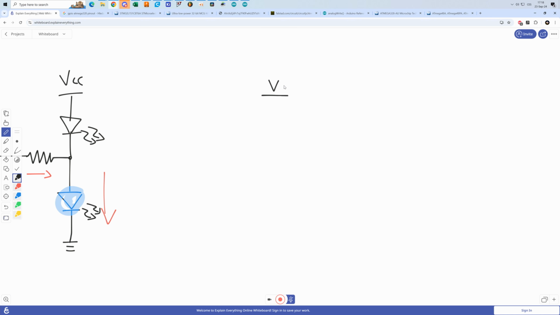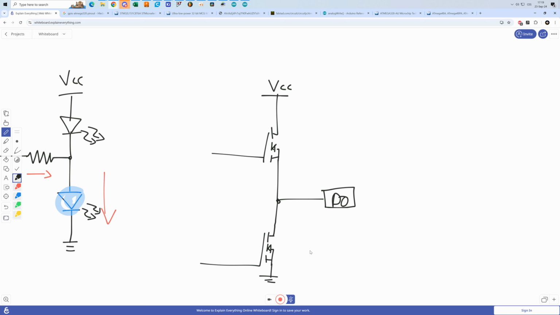There is the supply rail. Here is one transistor, just like so. Here would be the digital pin, D0, and here would be another transistor, just like so, and here's the ground. This may look like a push-pull, which it pretty much is, but this is something that we call tri-state